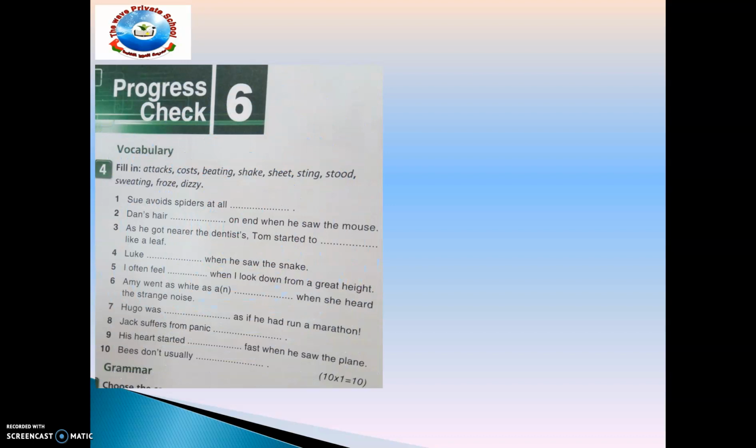Open your book now. I want you to go to exercise 4, vocabulary. The aim of this exercise is for us to consolidate vocabularies from the module. Here we are given words to fill in these spaces. Remember what I told you before? If you want to know the best word to fill in, make sure you read above the space. After the space, read to the end so that you can have a clue of the best word to put